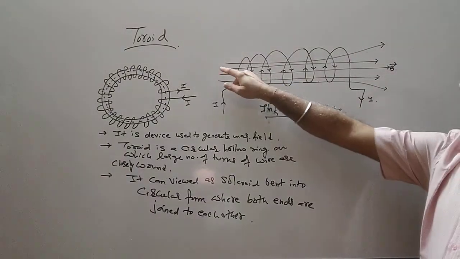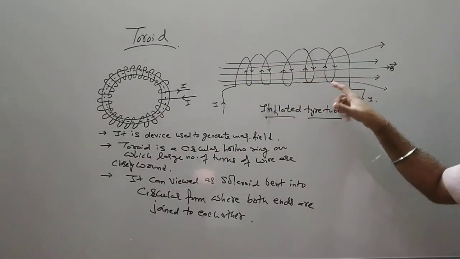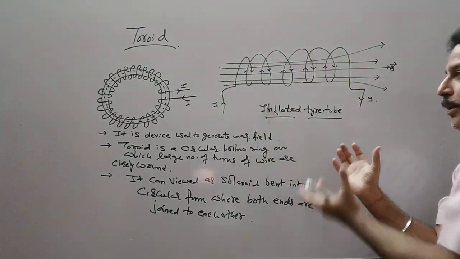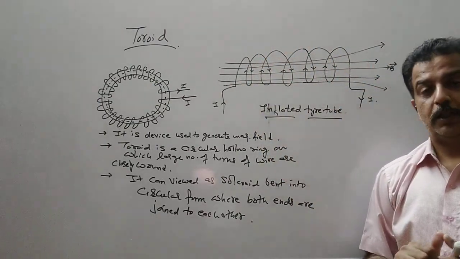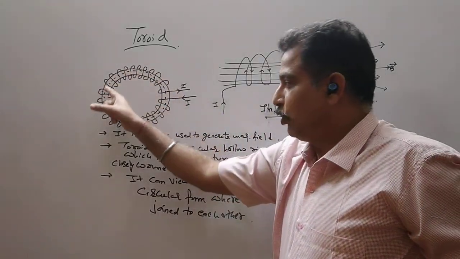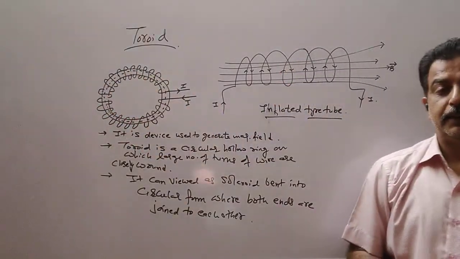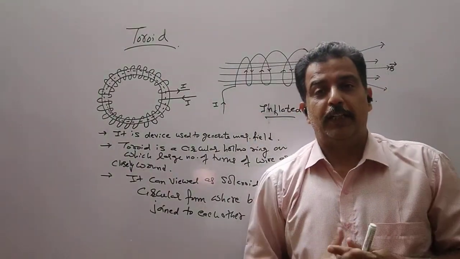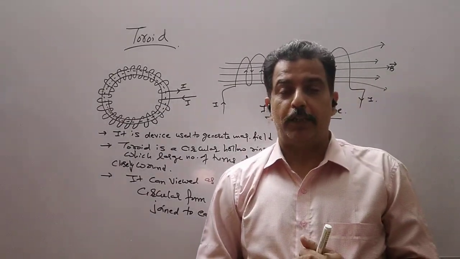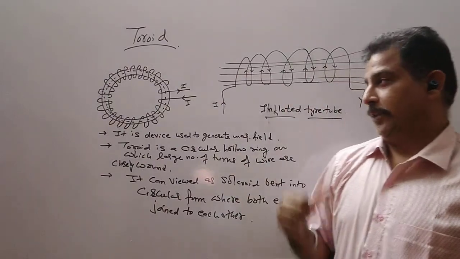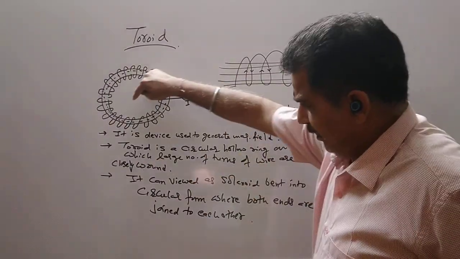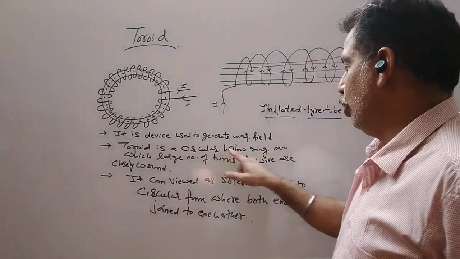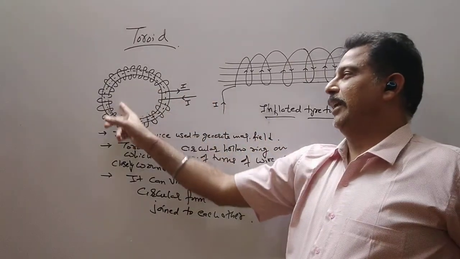Now here the magnetic field lines were straight. Now you can easily view, if I give this solenoid a circular shape, the magnetic field lines would be circular. So the dotted line shown here is the magnetic field lines which is uniform inside it. Now again we have to find out the magnetic field intensity of the toroid. Here also we have three different positions. This is inside the toroid. This is an empty region because it is a hollow circular ring.